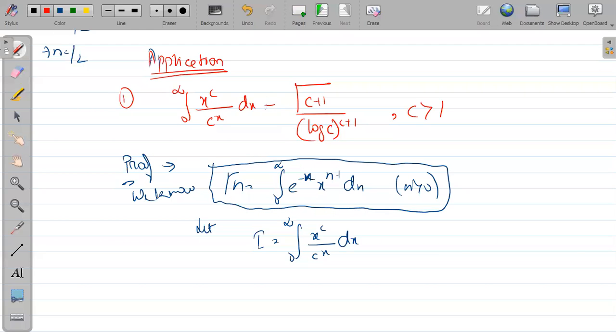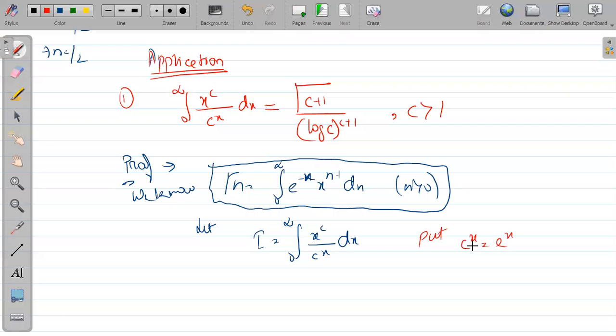It is gamma only, beta. Gamma of c. So definitely we have to convert in terms of gamma. Now I am observing here, it is e to the power minus x, it is c to the power x. Substitute here,